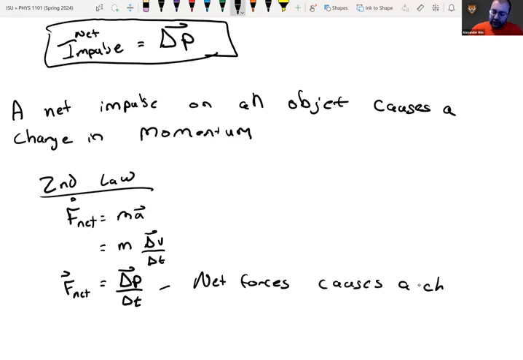a change in momentum. Now, this is interesting because it has certain implications. If you can change your momentum in any way, this implies that you can actually exert a net force on an object. And this is something that's true. Okay. So an example of this would be